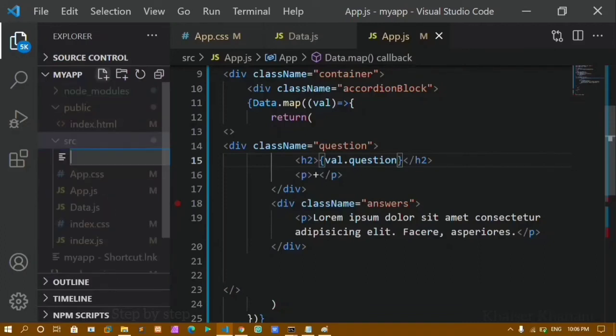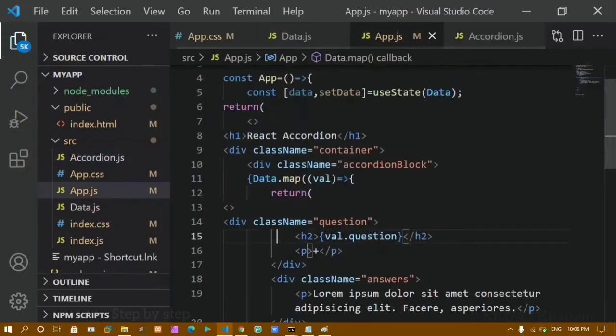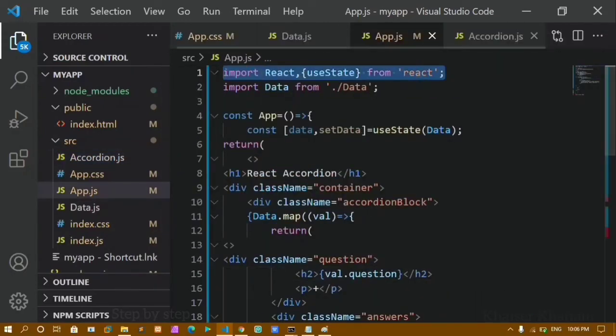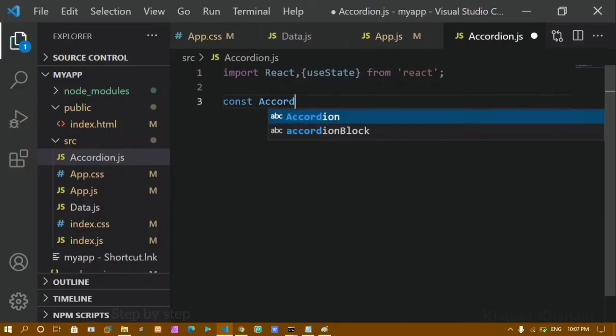Inside my src folder, I'll just create one file. I'll give my file name as accordion.js. Now inside this file, I'll be importing React. I'll just come here, I'll copy this, and here I'm going to paste that one. I'll be using this useState in this also. I'll be defining my function const accordion.